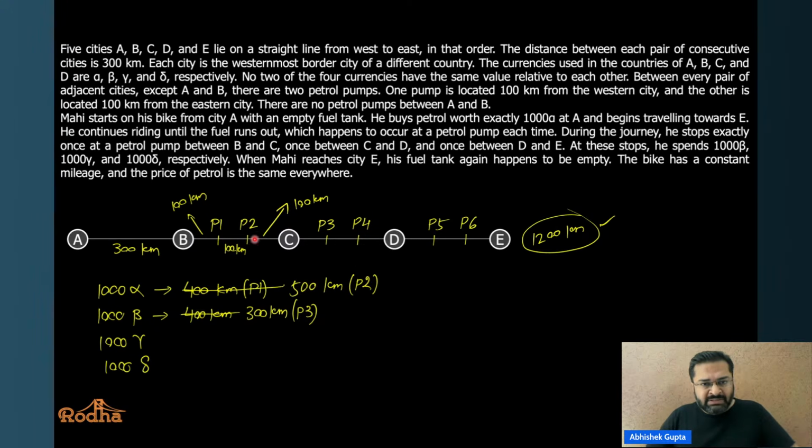How do we move forward in this? Once we know that this is 500, he is here. What are the options for him? If he goes from this P2, the two options are he can go to P3 and he can go to P4. Only these two options remain here. From P2, he can go either to P3 or to P4. Now P4 is how much? Fine. This P4 one is wrong because this is 300. Let me just cancel it.